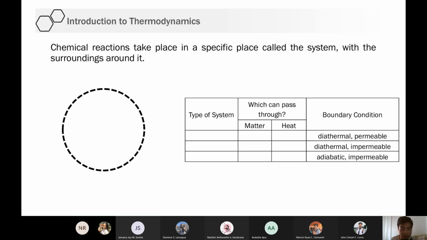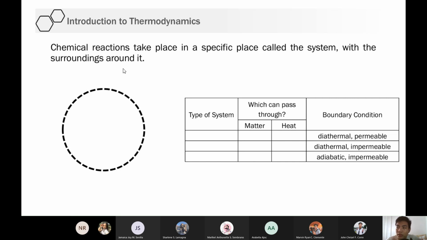Okay, so now let's focus on some terminologies that we have to know in studying thermodynamics. So sa chemical reactions, saan natin ginagawa 'yon? Usually sa beaker, o nasa Erlenmeyer flask, basta nasa lalagyanan yung chemical reactions. For example, balde ng tubig, doon pwedeng mangyari ang chemical reaction. Kasi pag ako naglilinis ng bahay, kunwari kailangan ko gumamit ng muriatic acid, gagawin ko yung tubig, lalagyan ko ng patak-patak ng muriatic acid. So may chemical reaction na nangyayari doon.